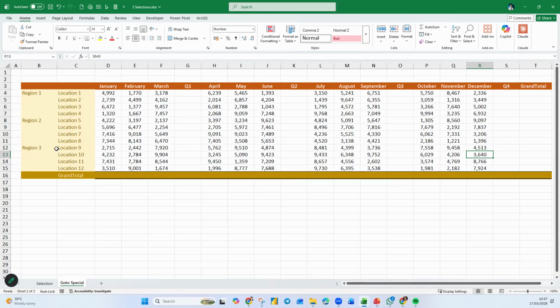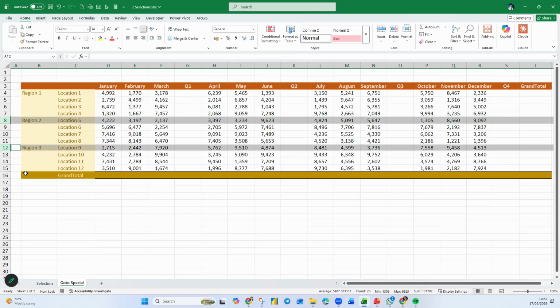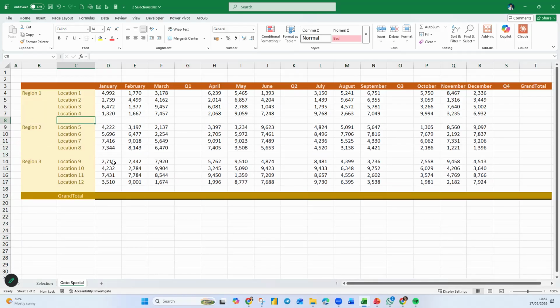Simple, right? Now I'm not done yet. I want to add another row just after location 4 and location 8. So I just select number 8. Then I hold down my Control. I select this one and I select this one. So I got 1, 2, and 3. So if I right click on the number, I insert. So you notice there is a blank row after each region, right? So I put here total. Okay, so I'm going to copy and paste them here. So they are total.